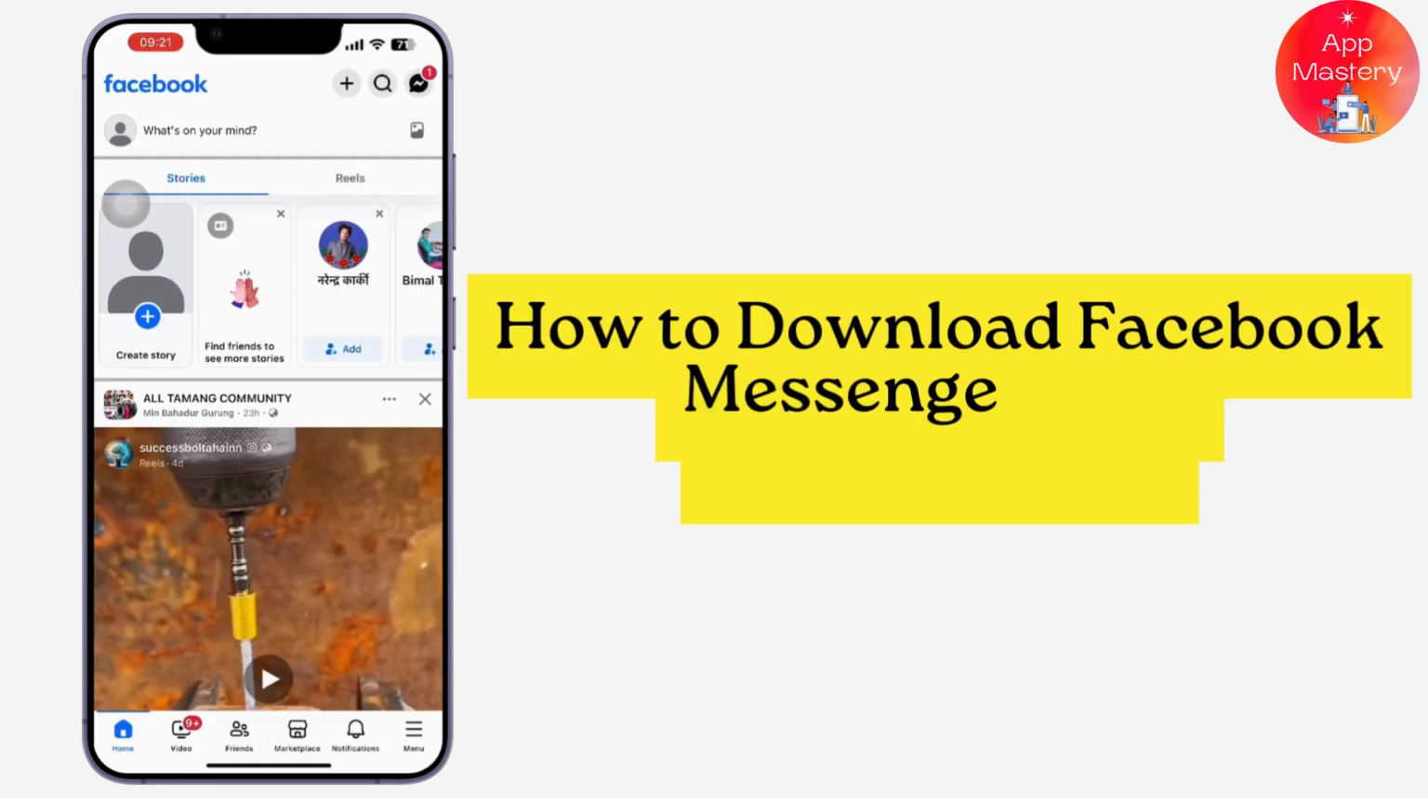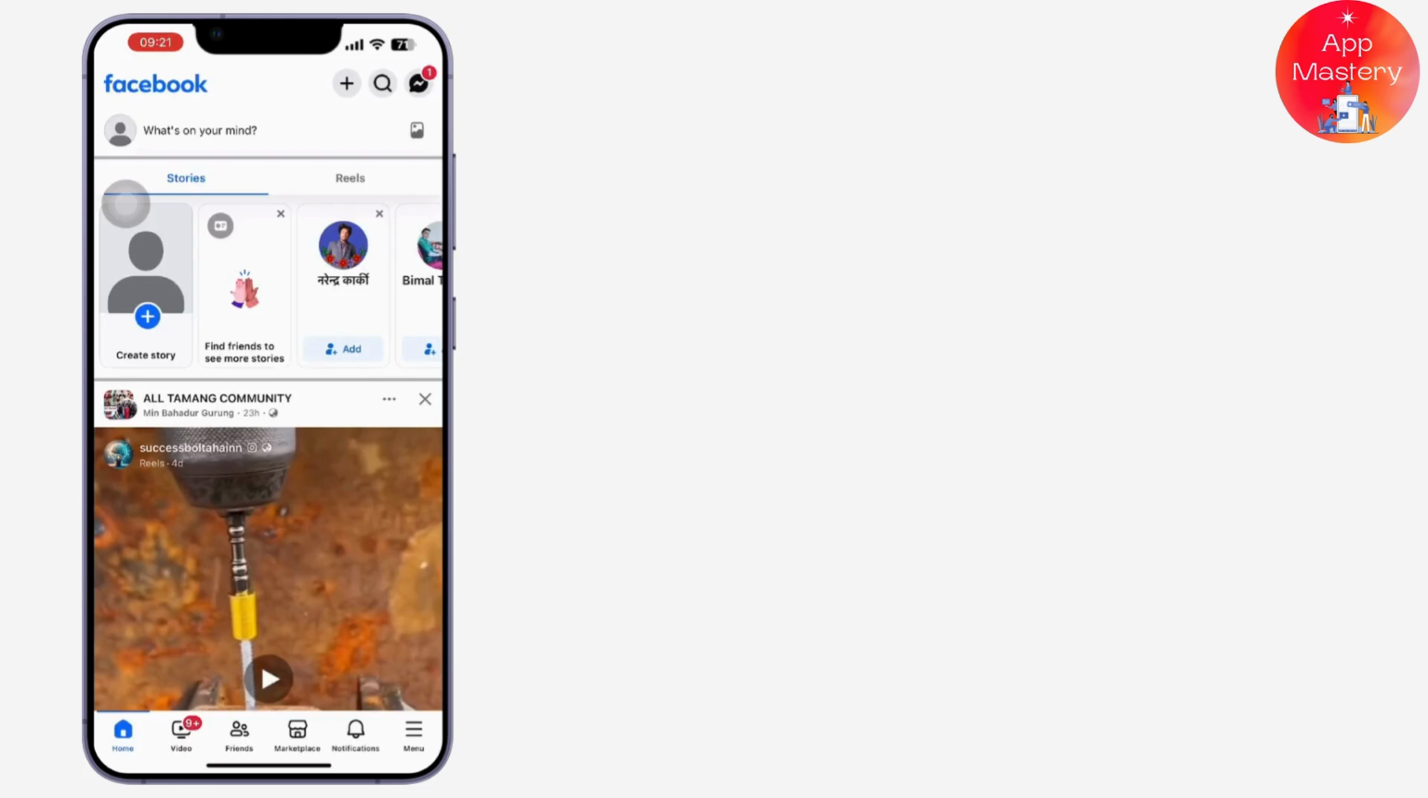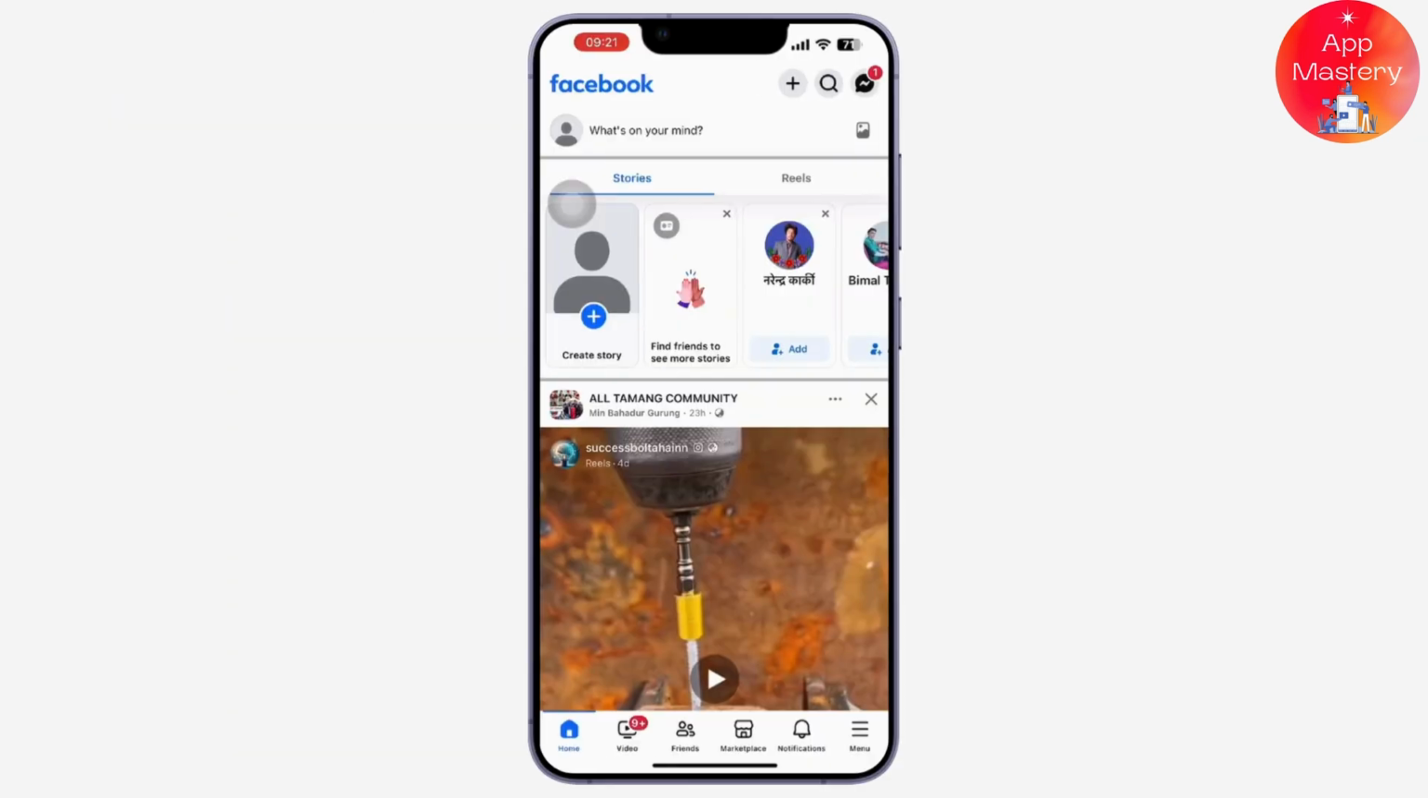How to download Facebook Messenger chat conversation. To download a Facebook Messenger chat conversation in 2024 is a pretty straightforward process. So let's get started. Firstly, open the Facebook app on your mobile device and make sure you are logged into